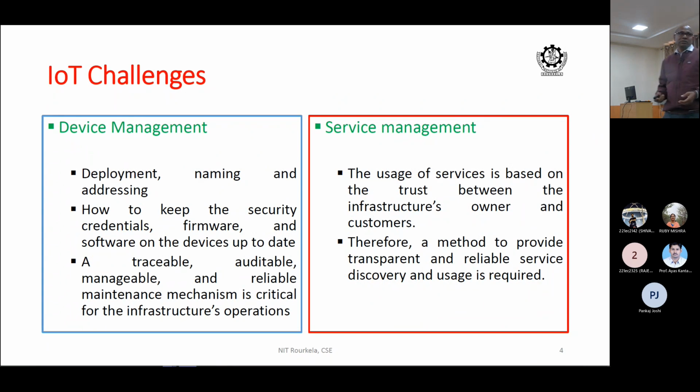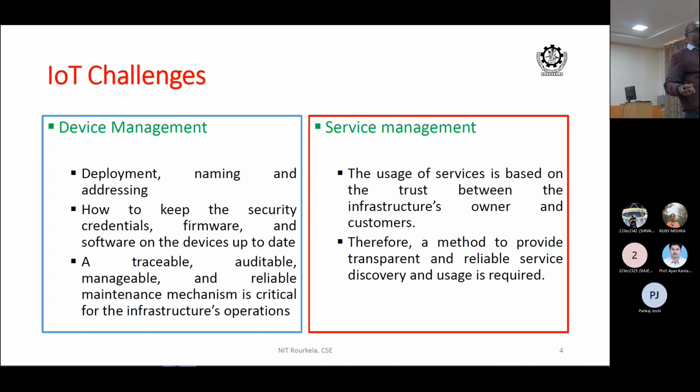Let's look at device management. Thousands of devices are deployed. The moment you deploy thousands of devices, how do you manage all these devices? Now, deployment can be manual. If it is manual deployment, then you need a minimum of resources to deploy it. If it is automatic, that's fine. You can use an automatic system to deploy it. So you can take the IoT device with a sensor and throw it on a forest.